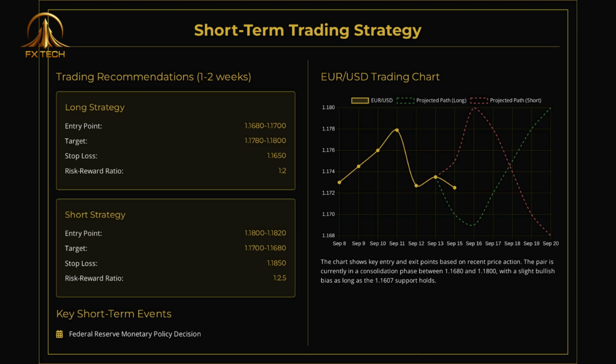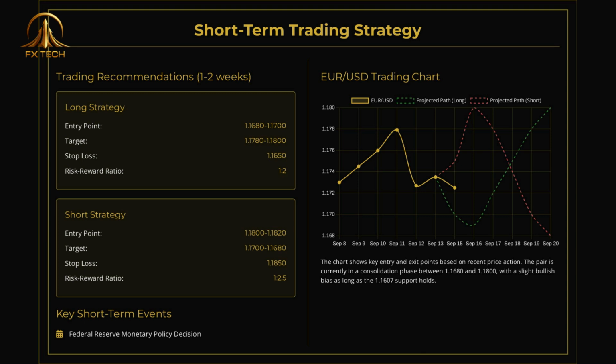For our short strategy, we suggest entering the market between 1.1800 and 1.1820, with a target of 1.1700 to 1.1680. A stop loss should be placed at 1.1850, providing a risk-reward ratio of 1 to 2.5. The chart on the right illustrates these entry and exit points, along with the projected paths for both the long and short scenarios. The key short-term event to watch is the upcoming Federal Reserve monetary policy decision, which could significantly